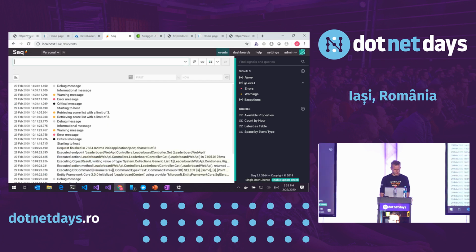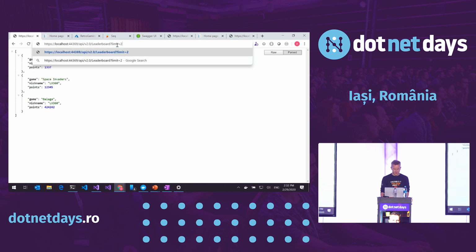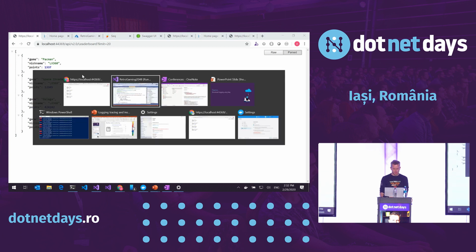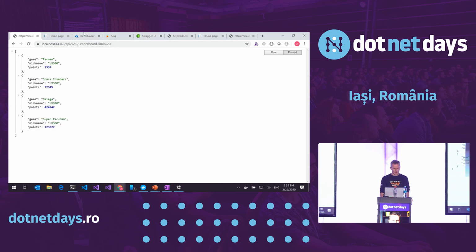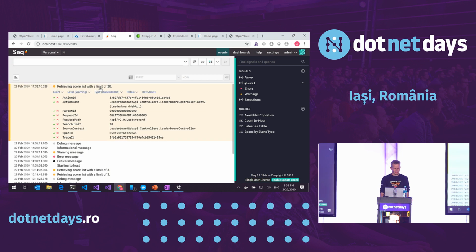Here we go. We have API v2. We can run it with a limit of, let's say, 20. It will give as much as there is. There's no 20 at all, so that's good. And if we now go back to SAQ, we should be able to see that there's a limit of 20. But if we look inside of the log message, you can see that there's a search limit there with this